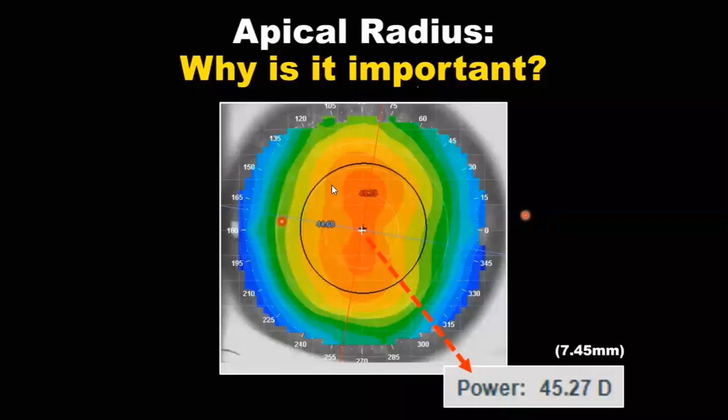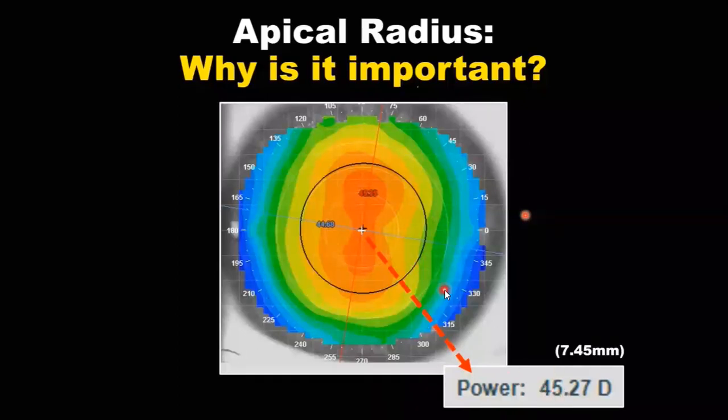Like a patient has come with this cornea, we have done the topography and we have noted this apical radius, or apical, the topmost power of keratometry reading, is 45.27 diopter, and this patient might be having keratoconus. Let's say this patient comes after 2 or 3 months and we repeat this topography. After 3 months, if you put a cursor here, we want to find out what the apical power is now.